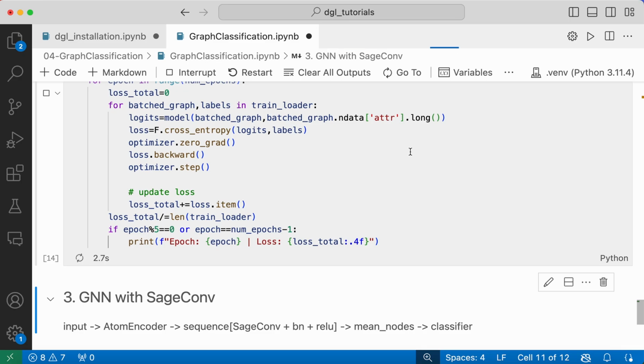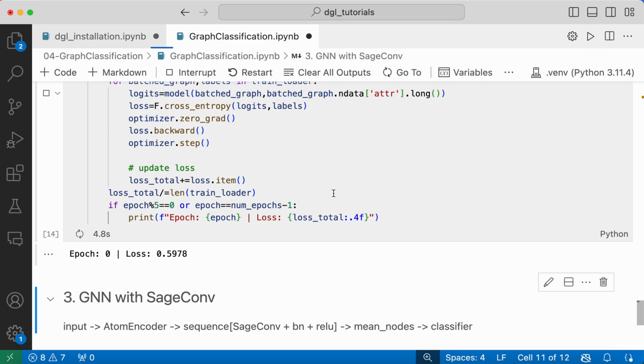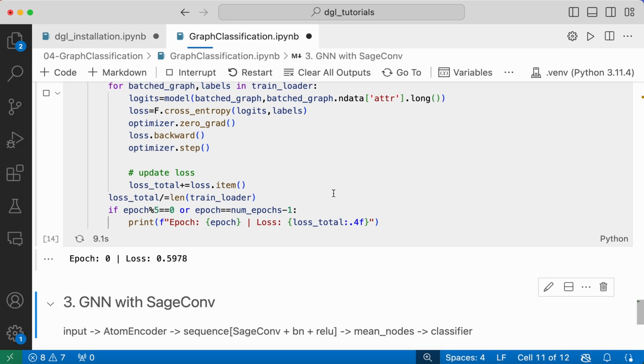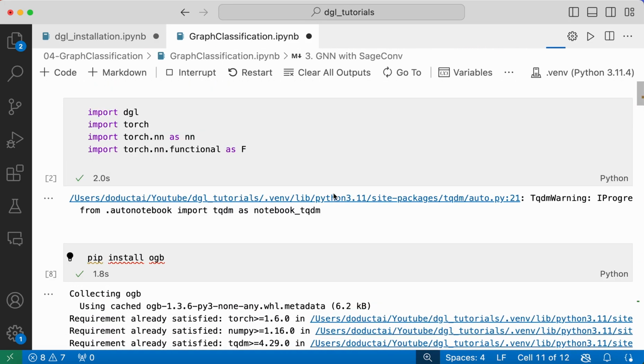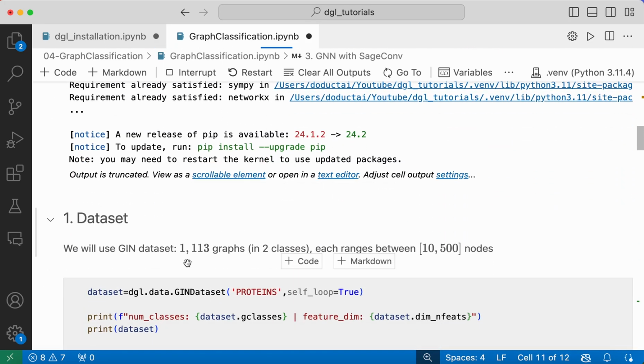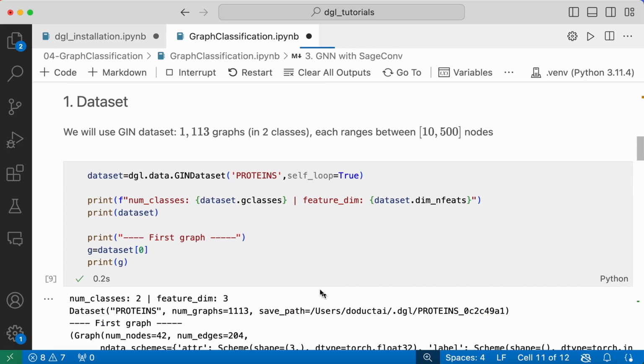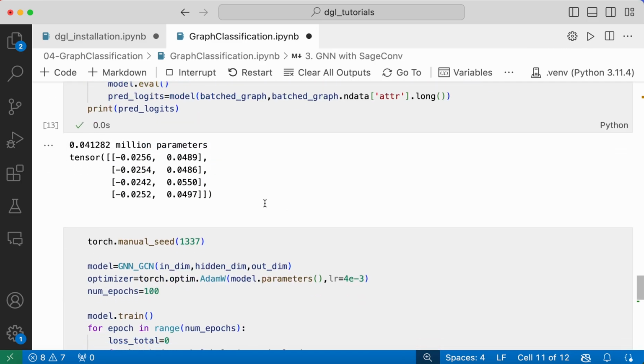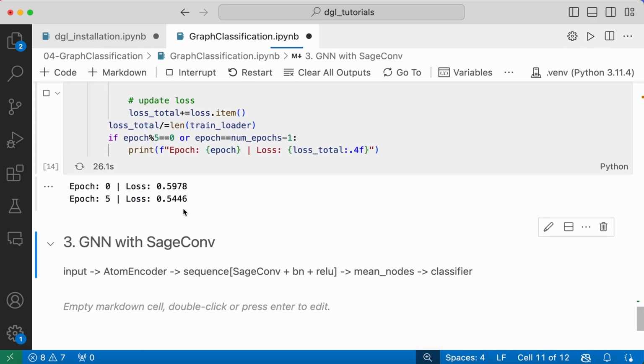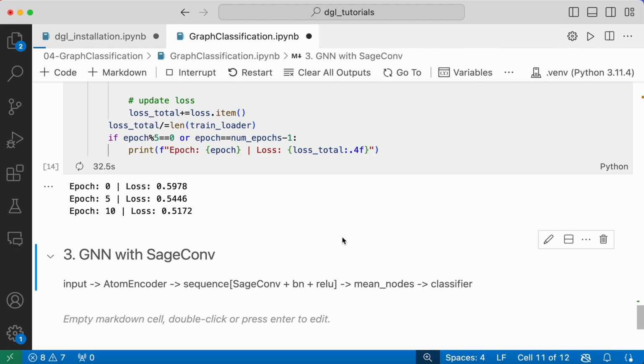All right, so here it is. Well, we have a pretty big data set, so if we go back here, our data has over 1000 graphs. So this will take some time to run, as you can see. While it is running, I'm going to do the identical things, but in this part I